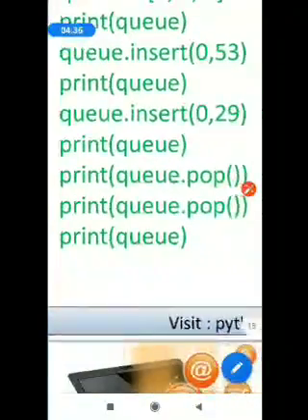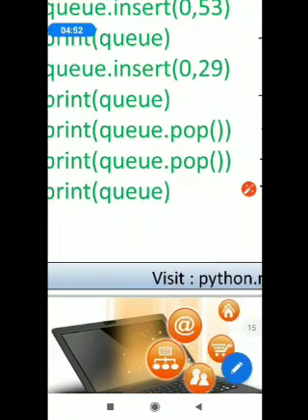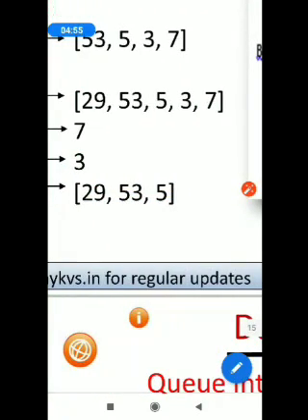After that I am popping out from the Q. For this we are using the pop method of the list. So using the pop method we just write print Q dot pop. For popping you will find that the value that is inserted at the very beginning is to be taken out first. So Q is a FIFO structure. The element coming out is 7 first.